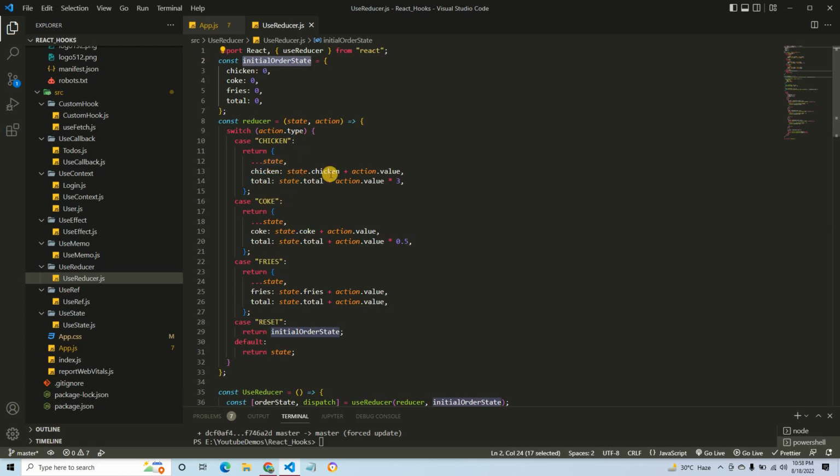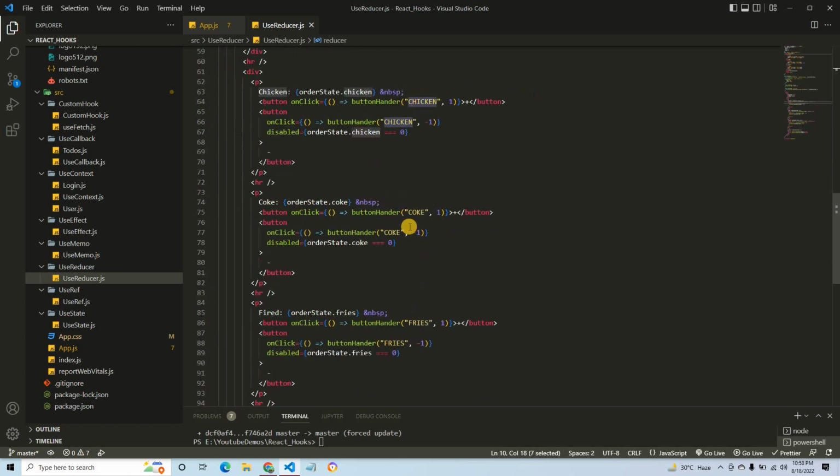So when I click on the minus button, we get the same value and -1 value here, so it will decrease the chicken value by 1, and again we can update the total by multiplying by 3. This is working like this.